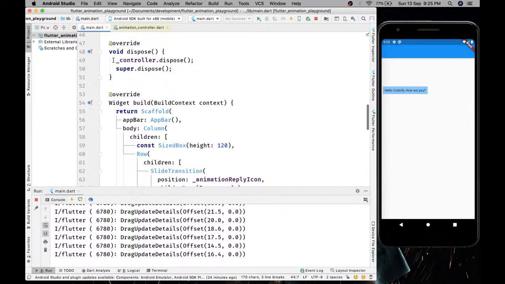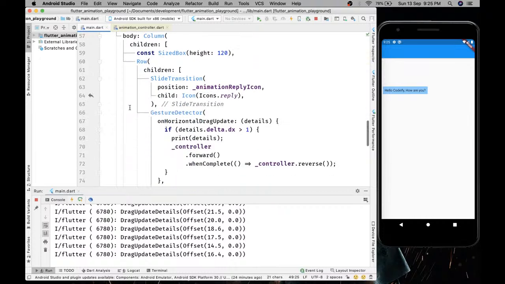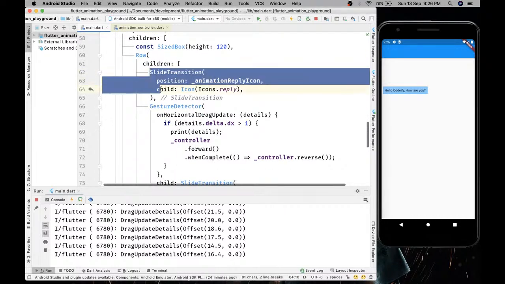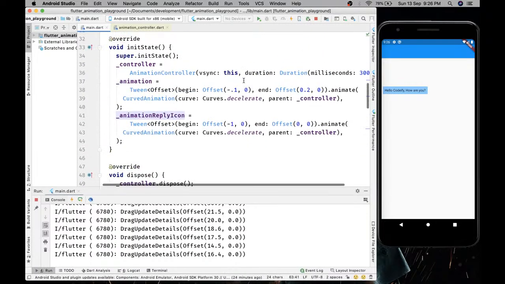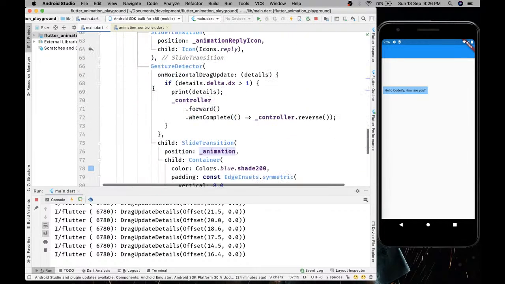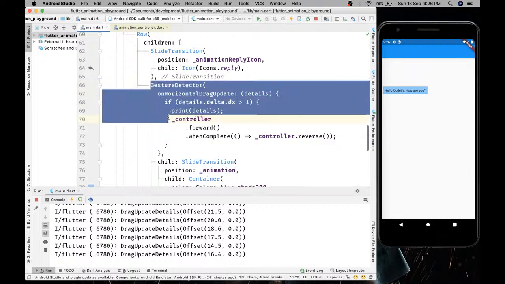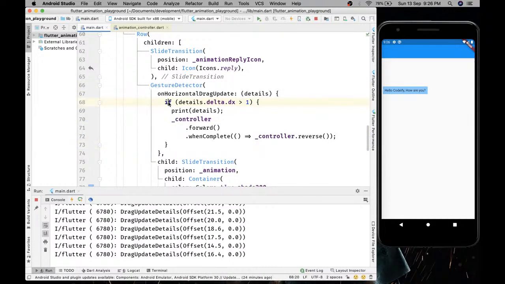Now, do not forget to dispose your animation controller, or any kind of controller or any kind of listener if you have, whenever you are done with your task. Inside that we have one slide transition widget in which we are passing our animation that we have created over here, this one. Okay, inside that we also have a gesture detector in which we are tracking a horizontal drag